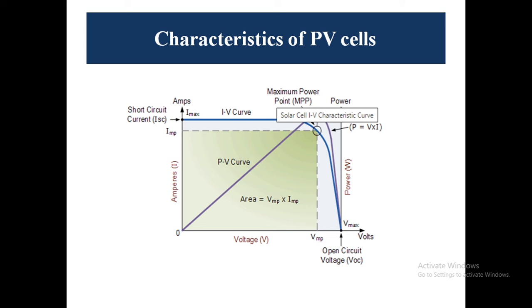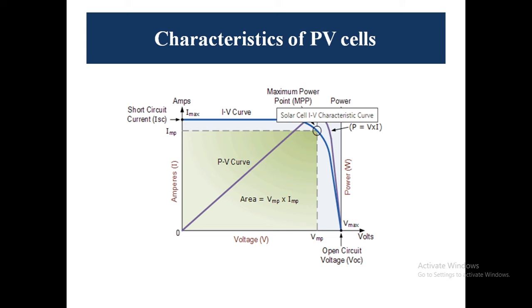Now, from the graph, if you can see, we get the short circuit current ISC maximum when the voltage is 0. So this is your short circuit condition. And when we get VOC, the maximum output voltage, then the current is 0. This is the open circuit condition. So it means the cell is performing in two ways, open circuited or short circuited.